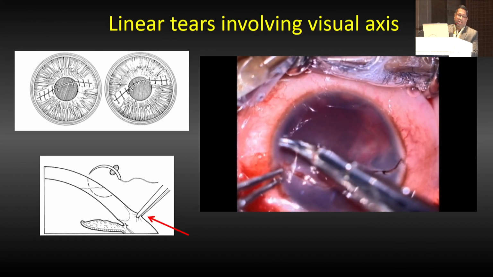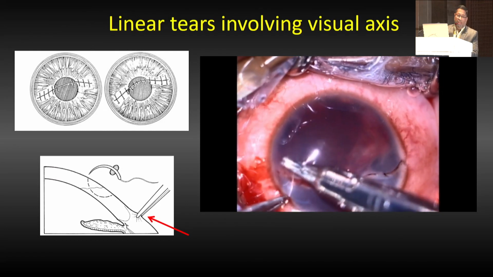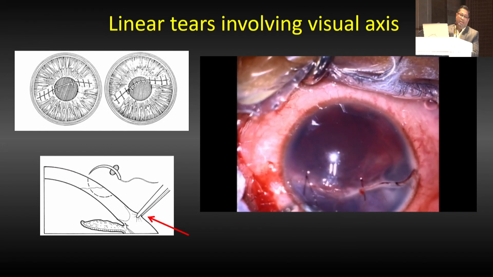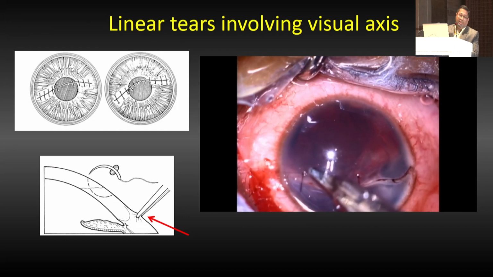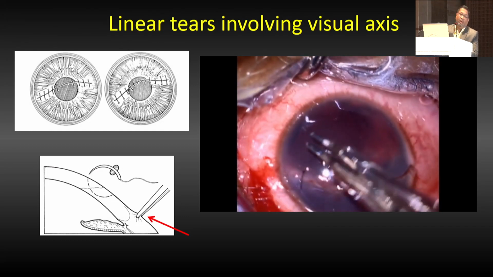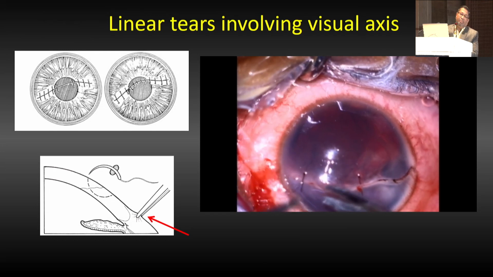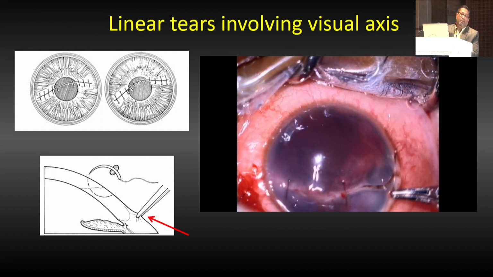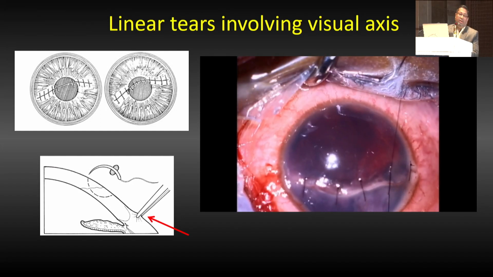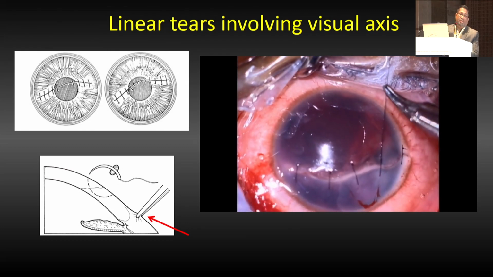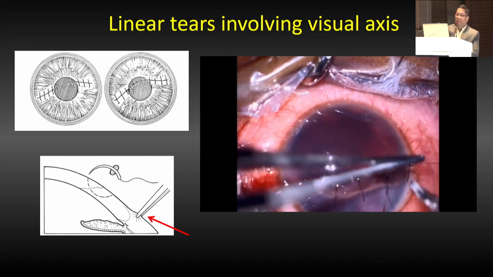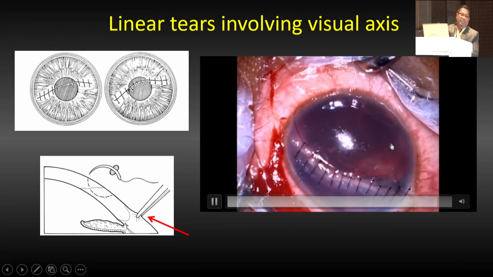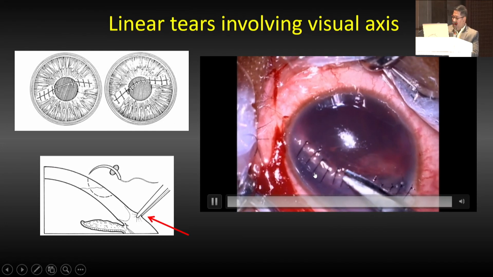The principle of no touch technique has to be followed in all these suturing cases. This is not ideal, I'm showing it knowingly. What has to be done in this case to start with is that we should have made a side port and put either pilocarpine if the lens status is clear, or put viscoelastics through the side port and then start suturing. Ideally speaking, suturing should start at the limbus and then at the angles. I'll show you the principle of suturing next.